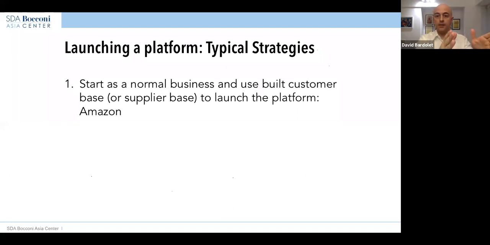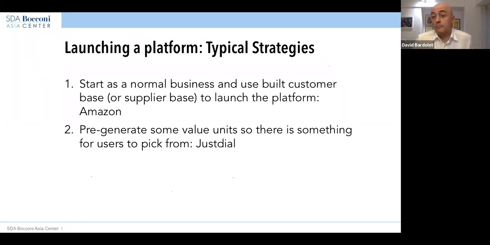You are a traditional business. You have a lot of customers that are coming to you, so you already have built one side of the platform. They know you, they come to buy things, even though you are a pipeline business, you sell what you bought. But you have those customers that are somewhat loyal, or at least they know you. You see that this is a much easier situation to launch a platform rather than from scratch. You already have a site. Now all you need to do is tell the sellers, do you want to sell directly? Do you want to be in this platform and just connect with these people?